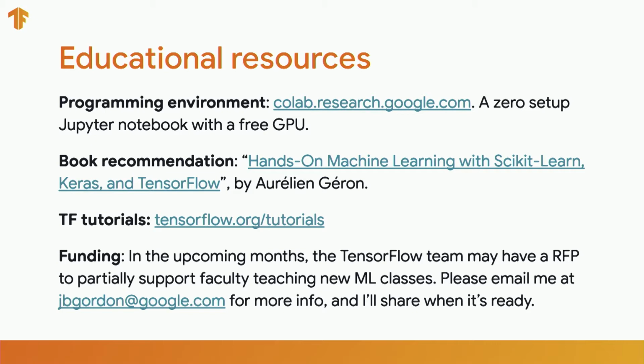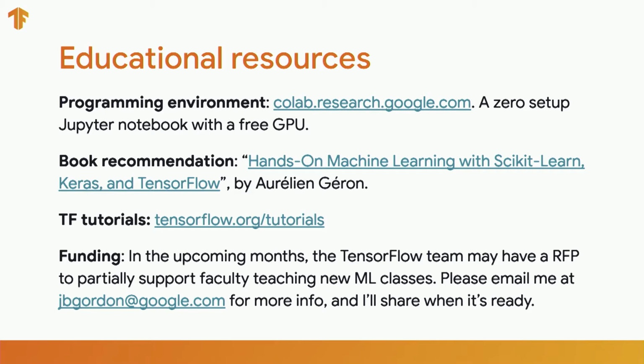If you're new to it, I'd highly recommend checking out Colab, which is short for Collaboratory. It's a tool from Google Research. It's a free Jupyter Notebook environment that runs in the cloud. There's zero setup. You can't pay for it even if you want to. And it includes a GPU. All of the tutorials on TensorFlow.org are open source notebooks on GitHub, but you can run them in Colab, so they run quickly, and it's easier for students to set up and install. So Colab is wonderful. If you'd like a book, there is currently only one book that I'm familiar with on TensorFlow 2.